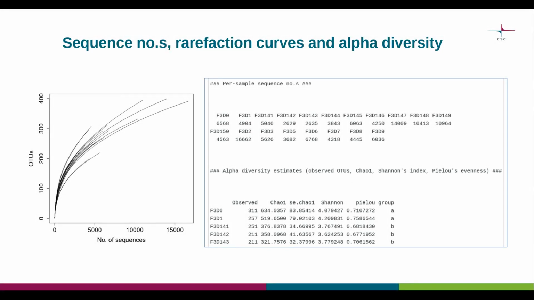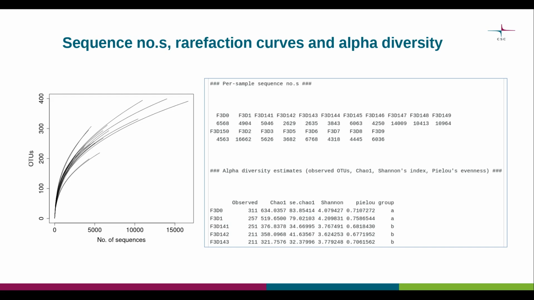Welcome to part 2 of this short series on different CHIPSTER tools for microbiome data tidying, visualization, and statistical analysis. In this video, we will focus on tools for inspecting and tidying our data so that we can ensure they are fit for downstream analyses as part of an analytical workflow. The first tool to consider is one called Sequence Numbers, Rarefaction Curve, and Alpha Diversity Estimates.